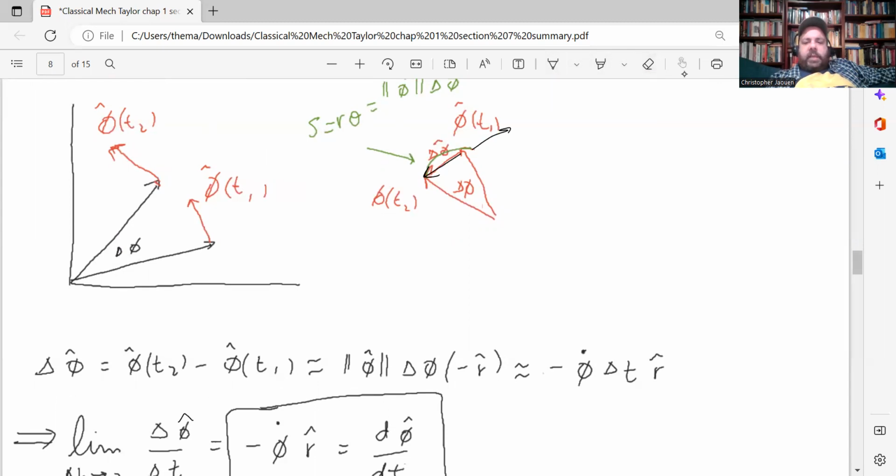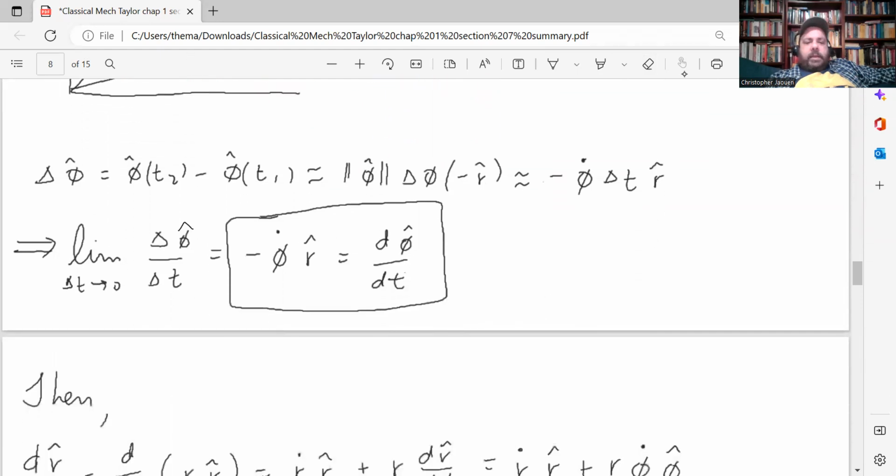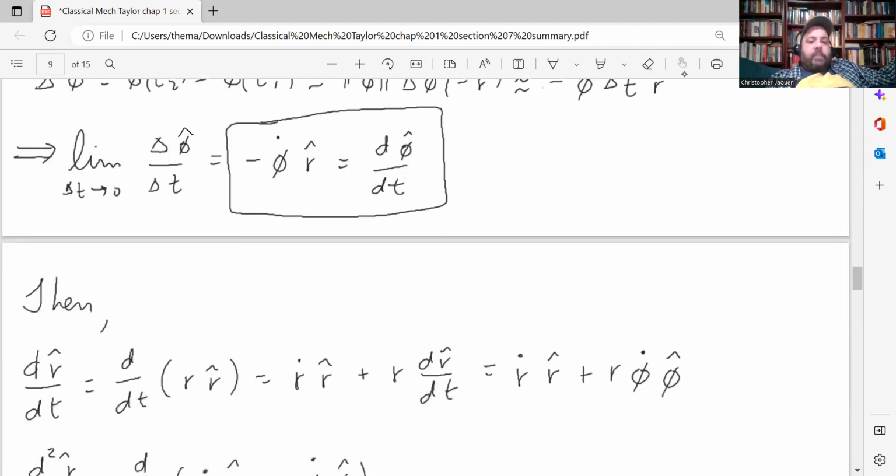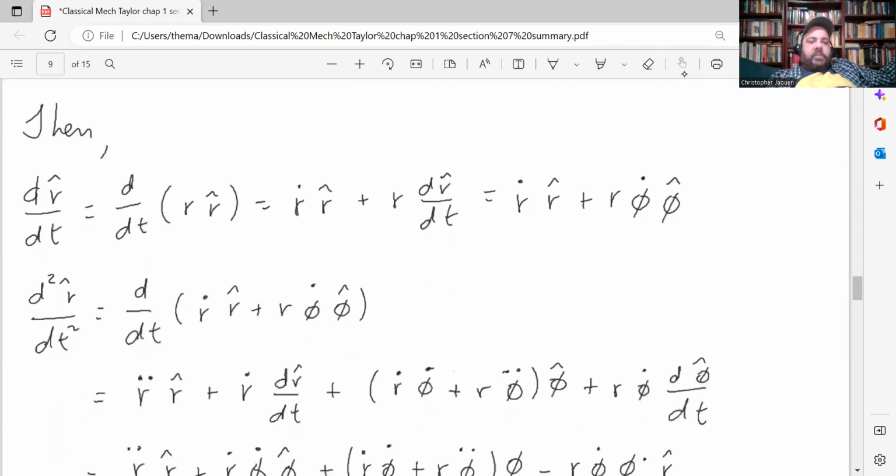And then when you simplify that, you get negative the time derivative of phi times delta t times r hat. Then divide by delta t and take the limit as delta t goes to 0, and you get the derivative. So it's equal to negative phi dot times r hat. That's d phi hat over dt. All right, now we're ready to find the derivatives of the position vector,